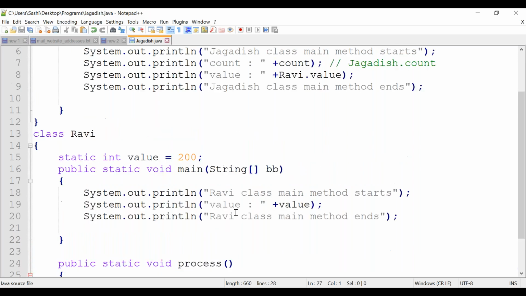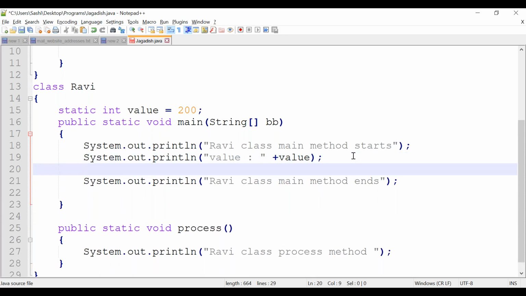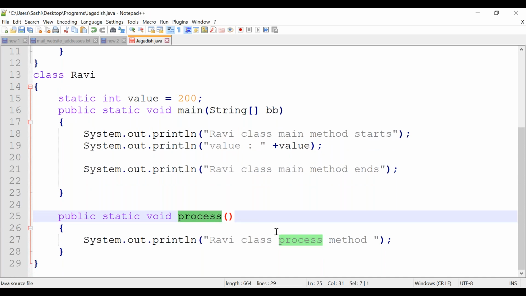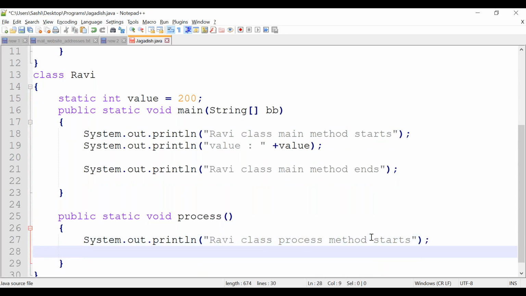Now, if I want to call the process method in the main method, it is simple. How will I call this process method? It's a static method, right? We have already seen that point: either a static variable or static method, you can call using class name dot name, or you can call directly.